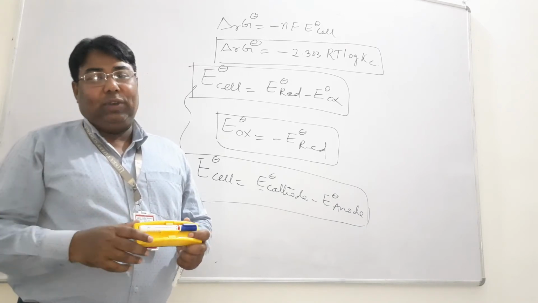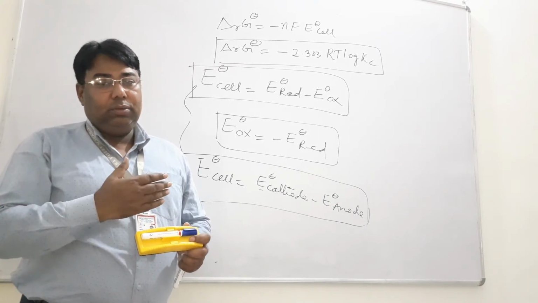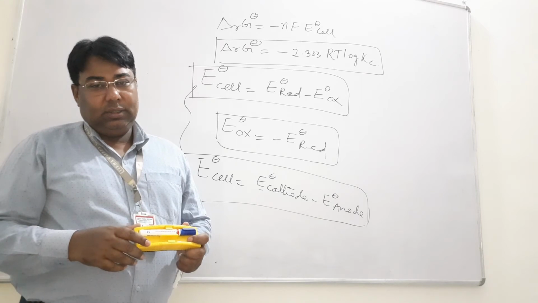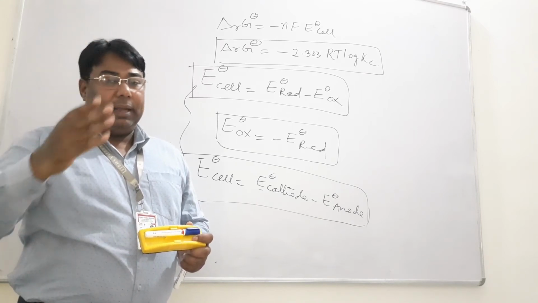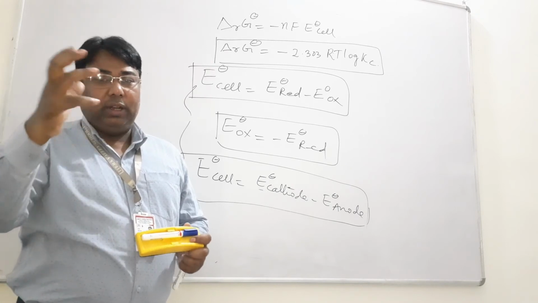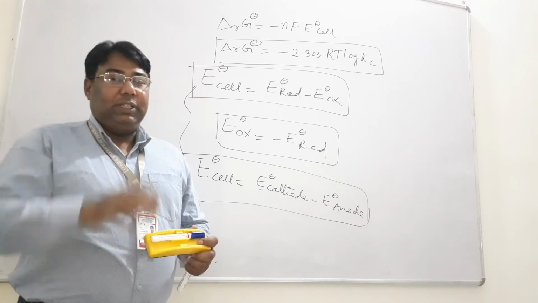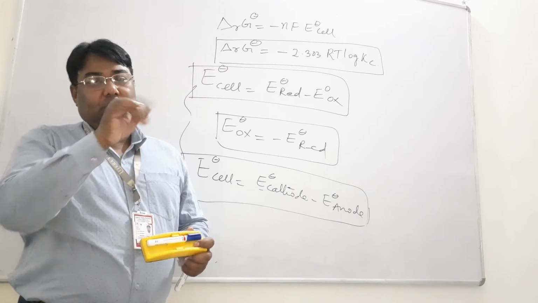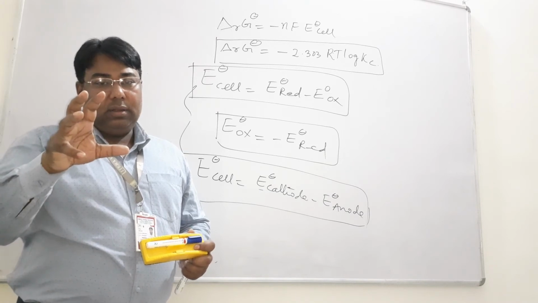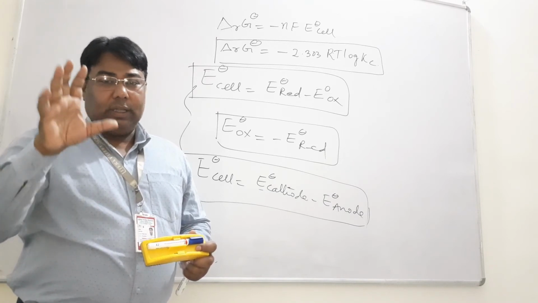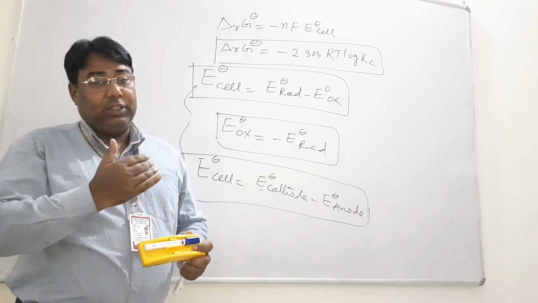Suppose you want to find out the standard reduction potential of copper. On one side you place the SHE, on the other side a copper electrode, that means a copper chamber containing copper sulfate electrolyte, and a salt bridge. Then a voltmeter is connected between the SHE and the copper, and the reading shows the magnitude of the standard reduction potential of copper with respect to SHE.